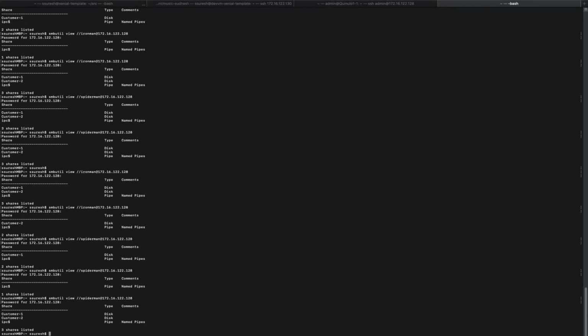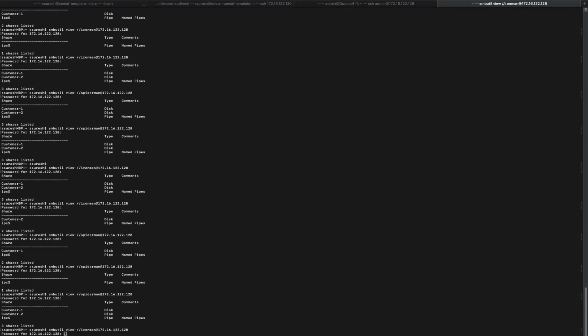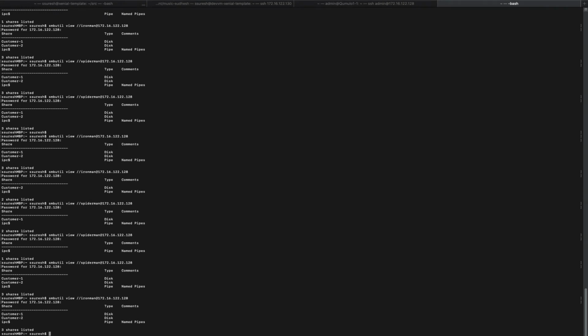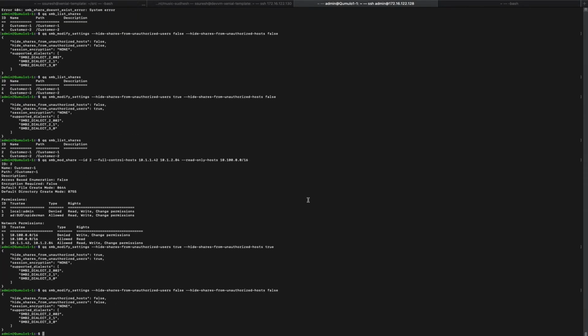That doesn't mean that this Spider-Man user can actually access the content of customer 2, but still this user can see that a share exists with this name. If you want to be extra secure, you may not in some cases want these users to know that there is a share of this name. Now let's also pretend to be another user, Iron Man, and you will see that this user can also see both the shares. So in an extra secure scenario, that may not be the desired behavior. So let's see how to stop that.